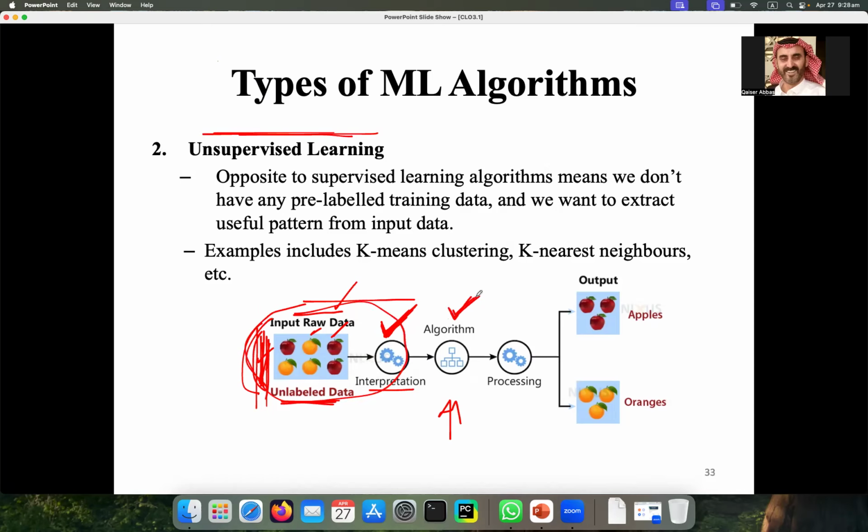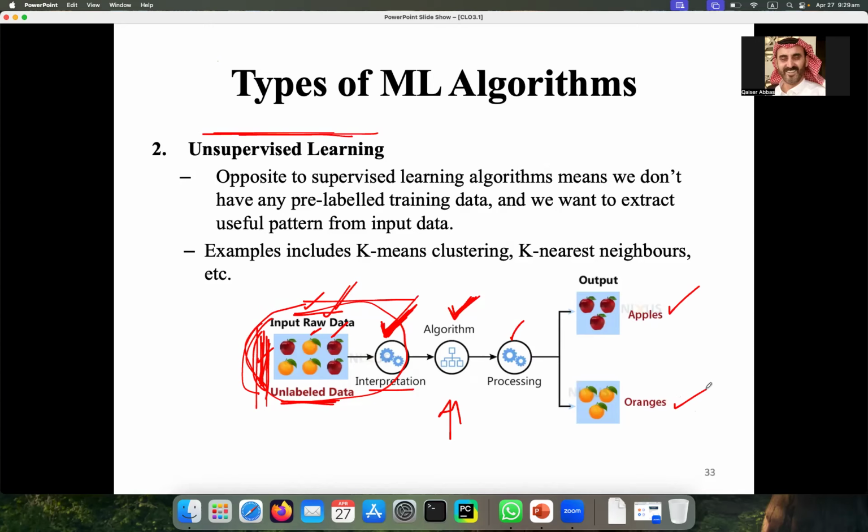This model will learn from this unlabeled data and the features automatically during its training phase. After that, it will take the same data and process it, and it will separate the apples on one side and oranges on the other side.